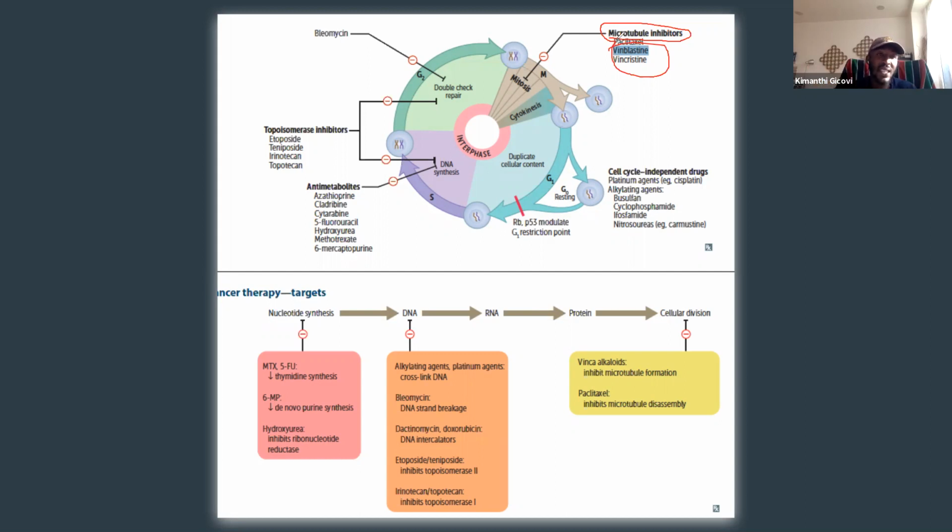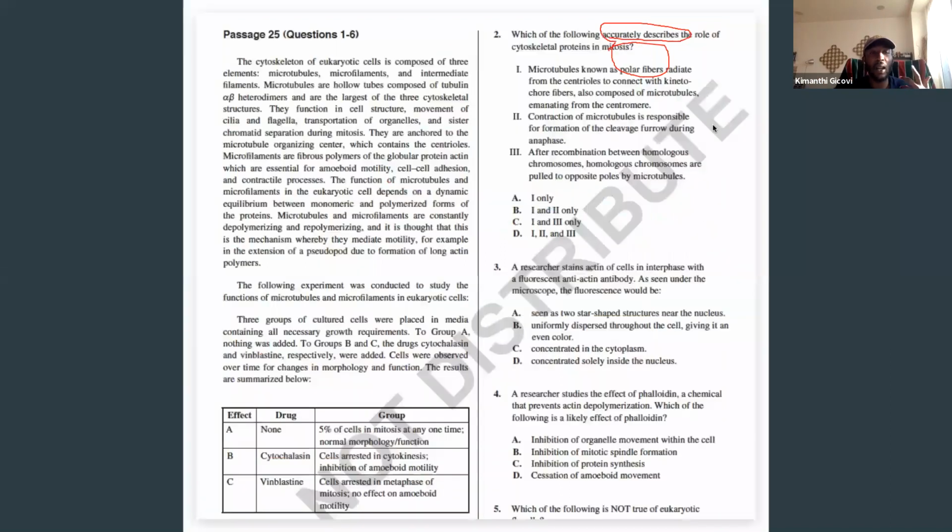That's a clinical reasoning thing that you learn in med school. But as this passage showed you guys that we just did a second ago, the show and tell, this is a passage from Princeton Review. And if you don't believe what I'm saying, look at the actual drug, vinblastine. What does vinblastine do? It arrests cells in metaphase of mitosis.